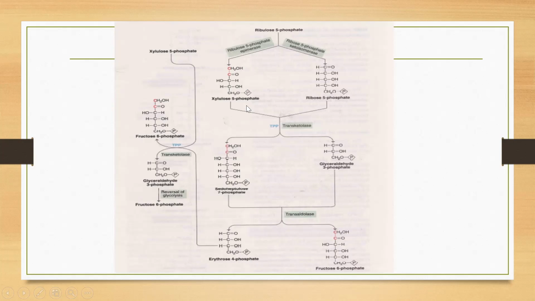Okay, now what will happen? As I had told you already, we get 4 molecules of xylulose 5-phosphate, but we have utilized only 2. So 2 are remaining. So these 2 molecules of xylulose 5-phosphate then again combine with the erythrose 4-phosphate. Okay, because this fructose 6-phosphate then enters into glycolysis. Okay. But this erythrose 4-phosphate is remaining. So now this erythrose 4-phosphate will react with these 2 molecules of xylulose 5-phosphate, and it will again form fructose 6-phosphate and glyceraldehyde 3-phosphate.